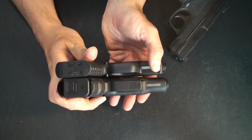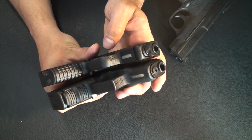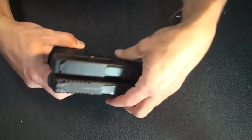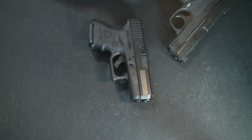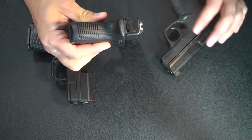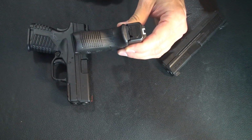one thing you might want to consider if you've got these guns is, do I want a Glock? A little bit more capacity, a little wider. You might like that. It's about the same size as far as length and height, everything else, but it is wider, and especially in the grip. That grip is a chunky little bugger, and it doesn't come down very far. Some guys like to put the grip extension on there, but